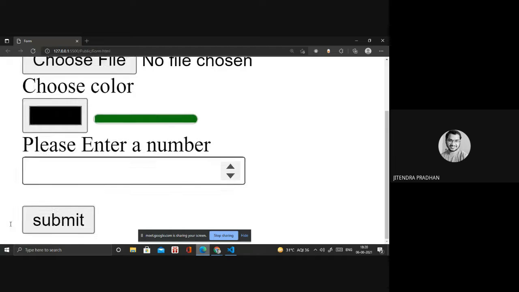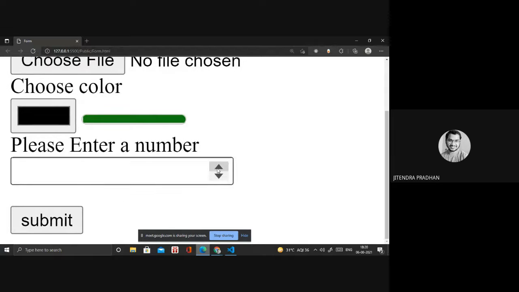Have you observed that one? When I click the upper arrow, it will increase by 1, 2, 3, 4, 5, 6, 7, 8, whatever. If you require to decrease, you can decrease. So by using type number, we can enter any type of number.